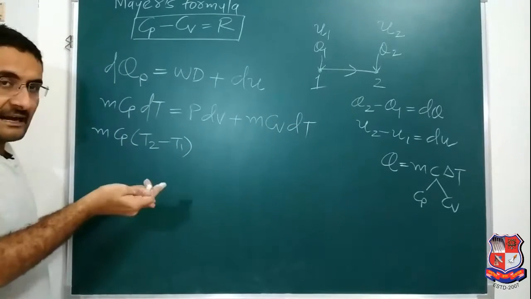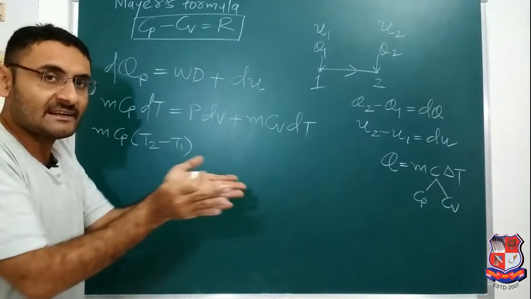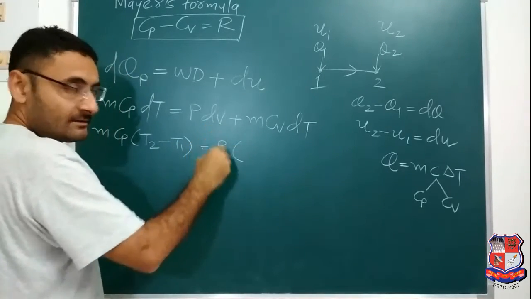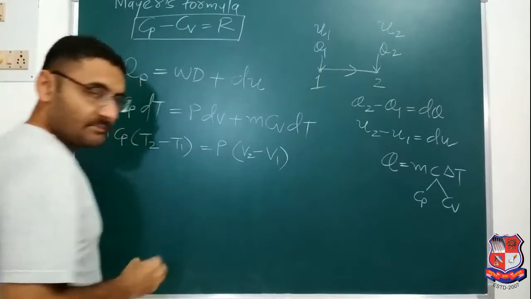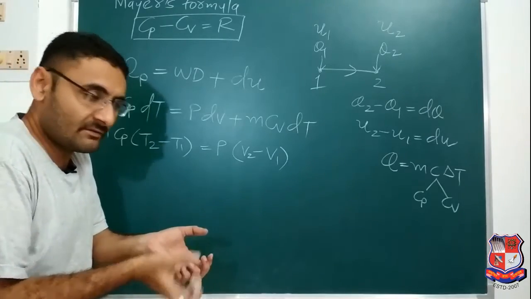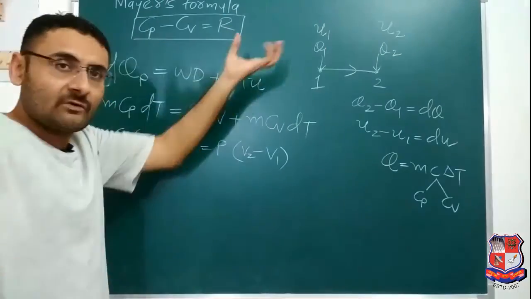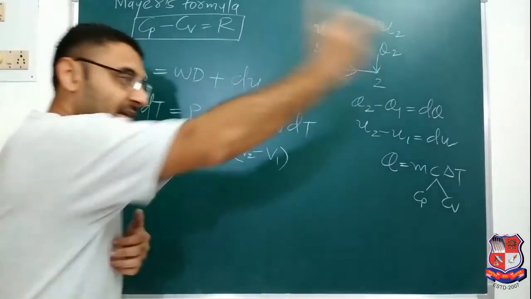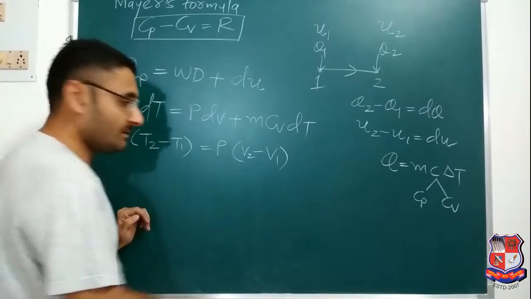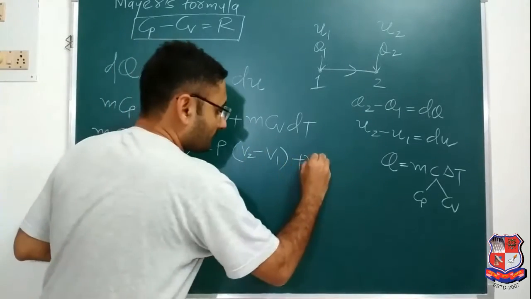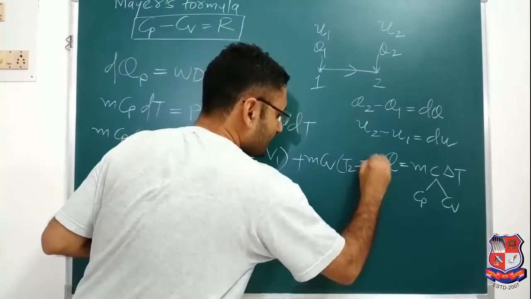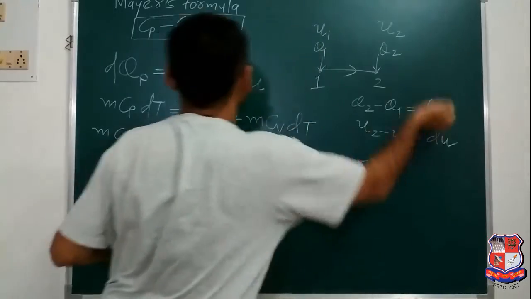That is why we are saying that heat is supplied at a constant pressure process and the temperature will change, which is equal to P. Now dV is final volume minus initial volume. When you initially apply heat to the water, its volume is less, but as heat increases, it converts into vapor. That means the volume of the vapor is increasing, so the final volume is higher than the initial volume. So you will get a positive answer: P(V2 minus V1) plus mCv dT, where dT means once again T2 minus T1. That thing I will rub out, not necessary.